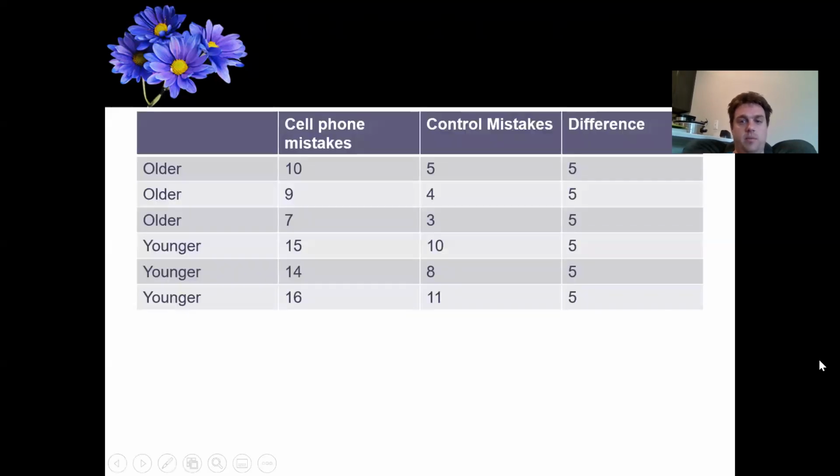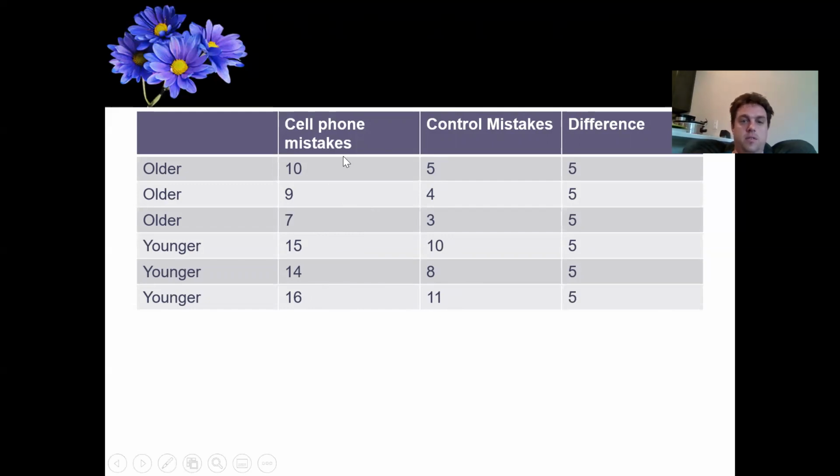So let's look at an example. Let's say I run an experiment in a driving simulator and I have some older adults and some younger adults either drive with a cell phone or drive without a cell phone. That's the control. And I get the difference. Well, one possibility is that young people, just because they're less experienced drivers, make more mistakes overall. I don't know if that's true, again, just an example. So they make more mistakes overall, regardless of whether they're using a cell phone or not. That doesn't really matter because what we're interested in is the relative difference.